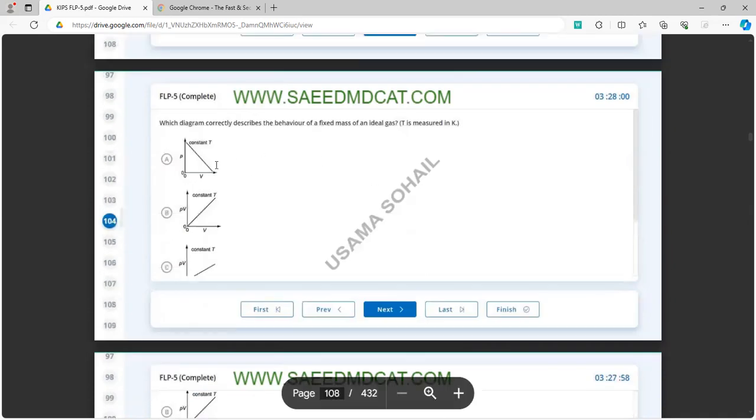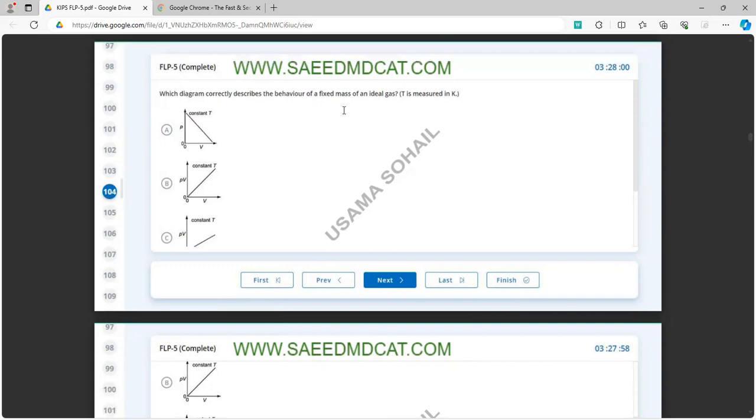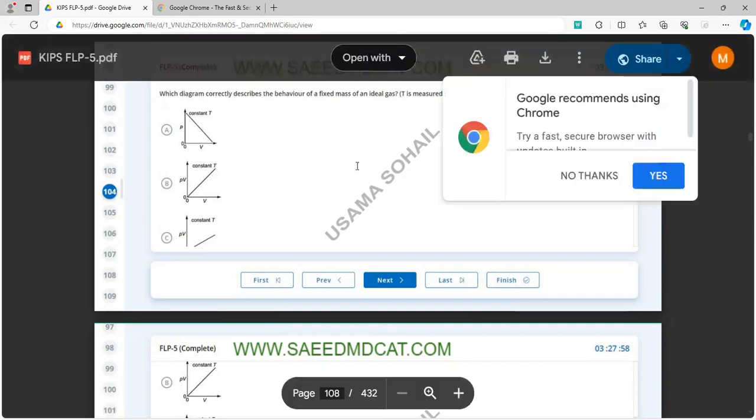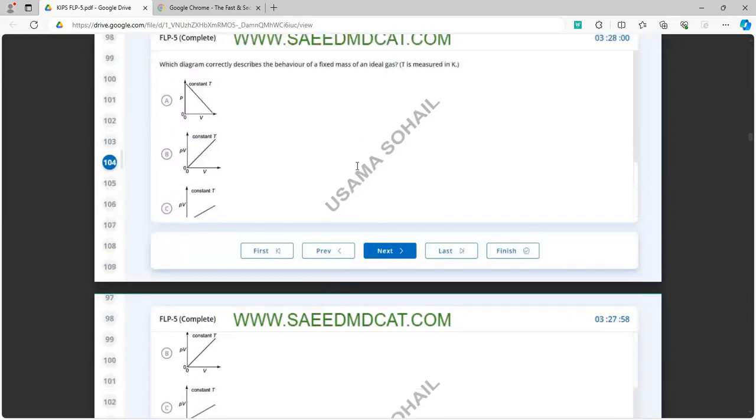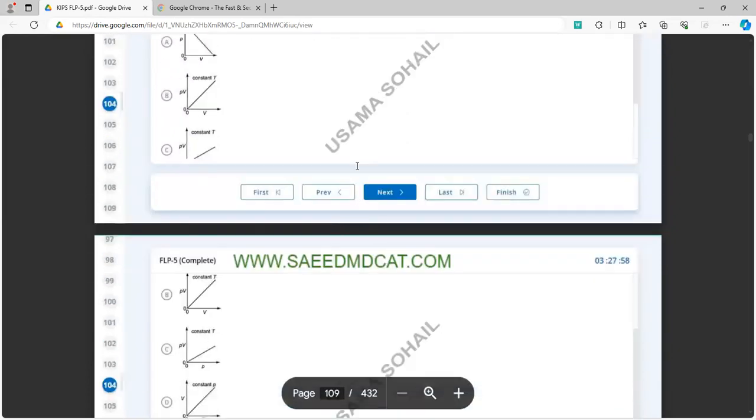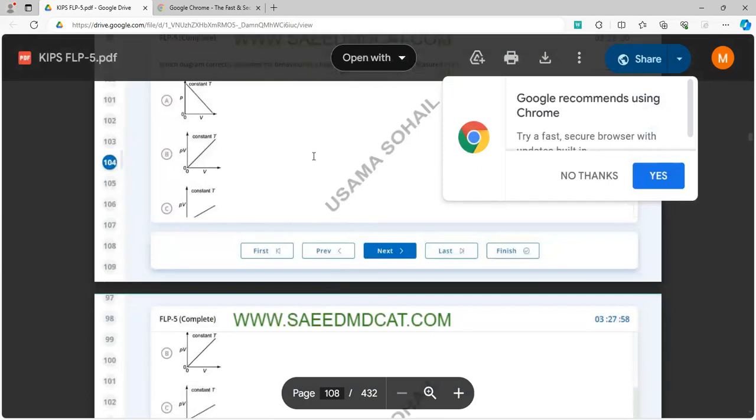Now in question 104, you need to know which diagram correctly describes the behavior of a fixed mass of an ideal gas. They're basically referring to Boyle's law, which states that pressure and volume are inversely proportional to each other, and pressure times volume is a constant. So the correct option will be